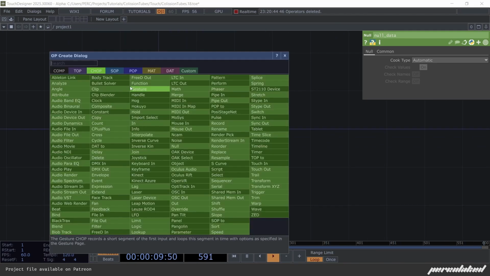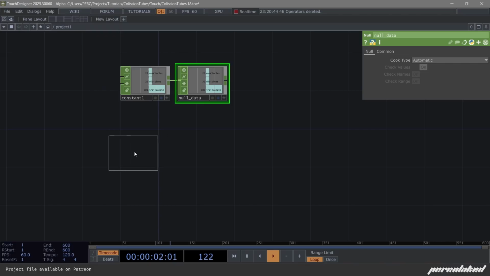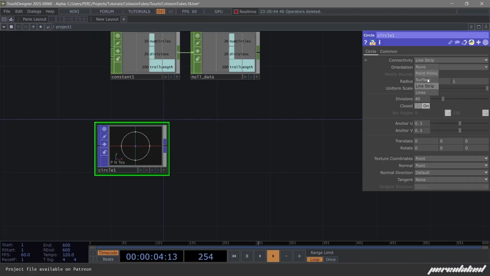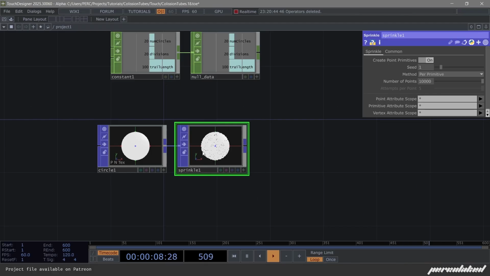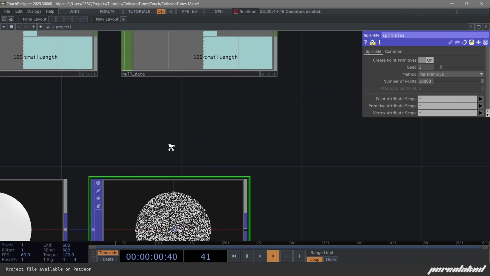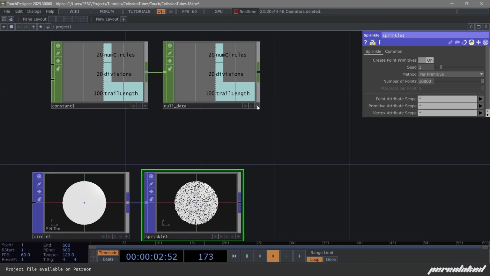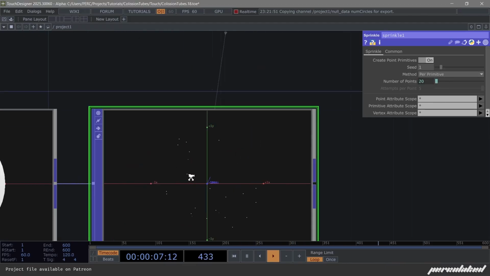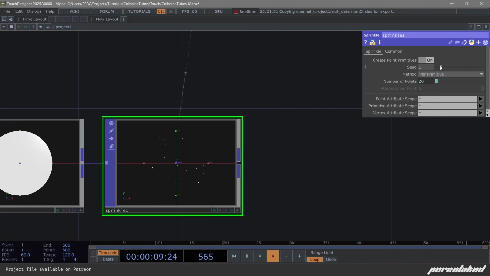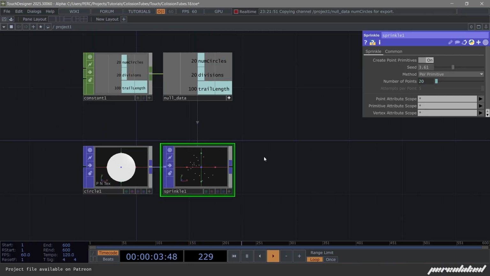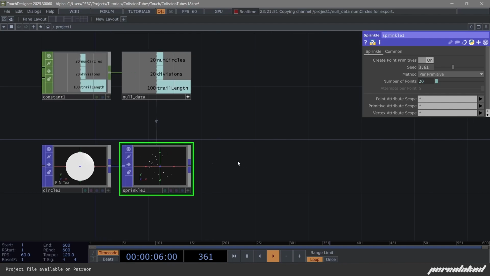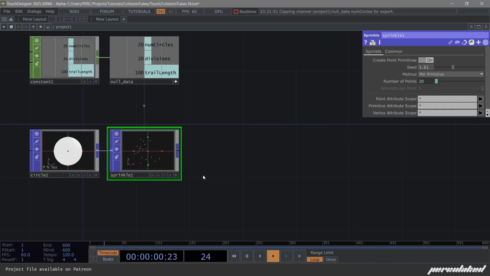and we can start with a circle pop. Let's change it to surface. I'm gonna sprinkle our points on top of that surface. We can use here our first parameter for the number of circles. There we have 20 different points, and as you can see, this is pretty similar to how you would do it in SOPs, but